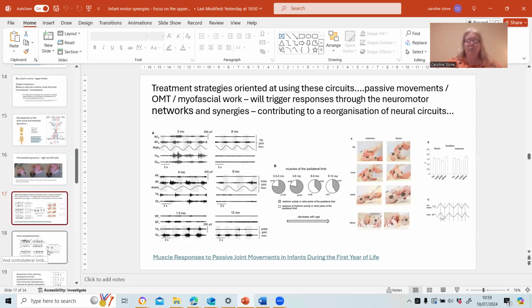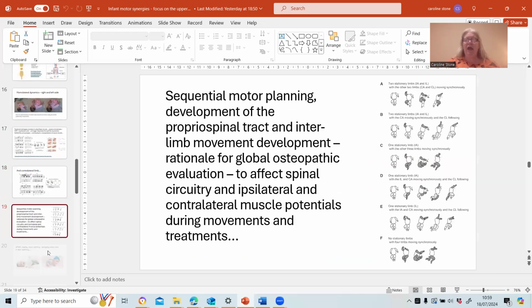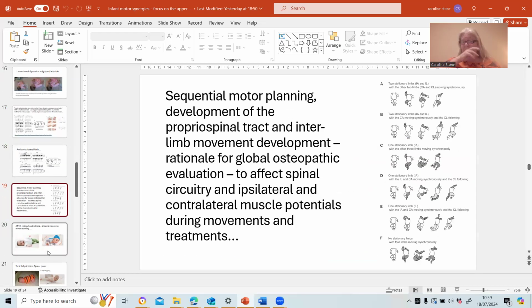So then that enables the body and the brain to work out what it makes of that newfound sensory information that we've introduced, so that hopefully it can get back to its motor synergies, and then hopefully sequence those motor synergies into a coordinated motor planning, so that we then have combined movement,